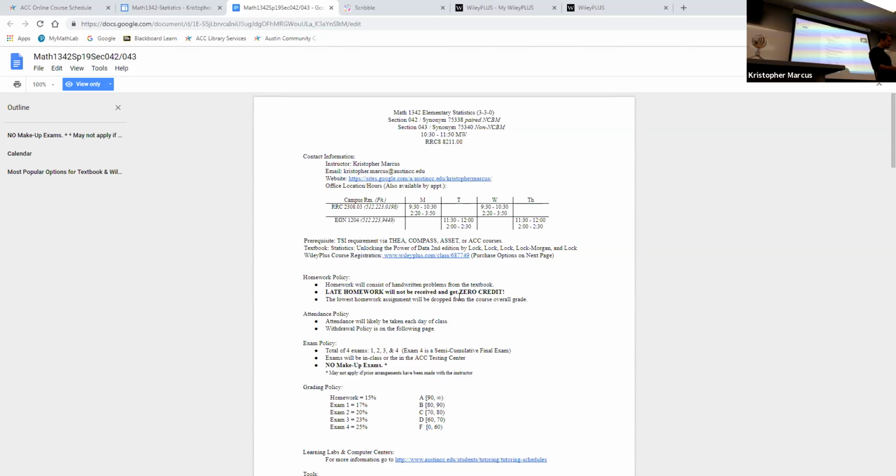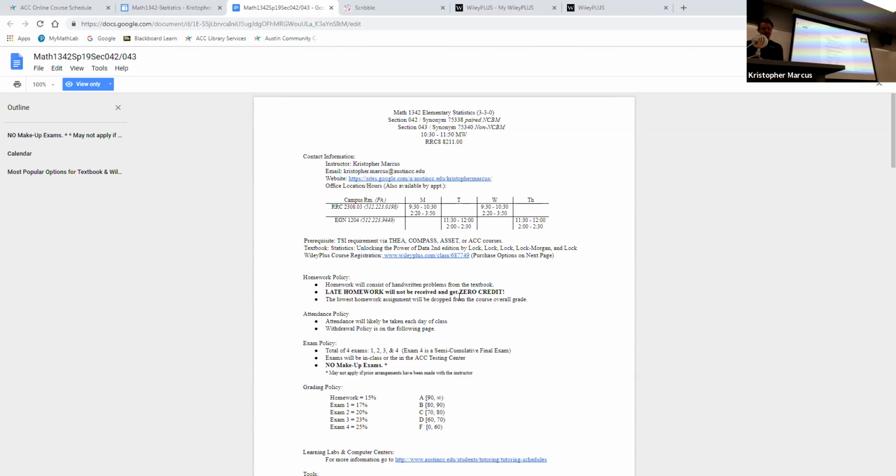The textbook for the class is called Statistics: Unlocking the Power of Data, second edition, by Lock Morgan. Basically, there was a guy who was a statistician and he married a mathematician and they had 3 children that all became statisticians. So it's a family of 5 that created this book, and one of the kids, their daughter, got married and decided to hyphenate their name to Lock-Morgan. So it's a family thing. We'll talk about the book here in a bit.